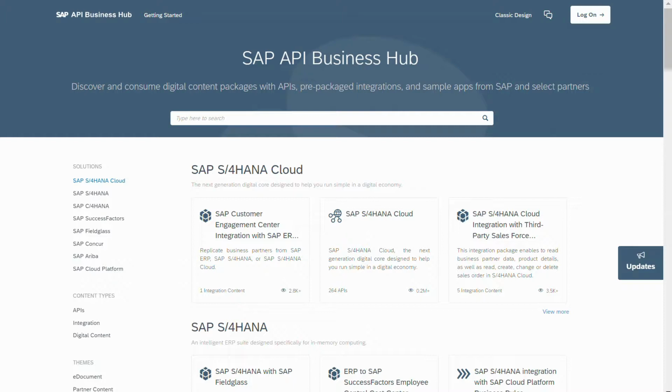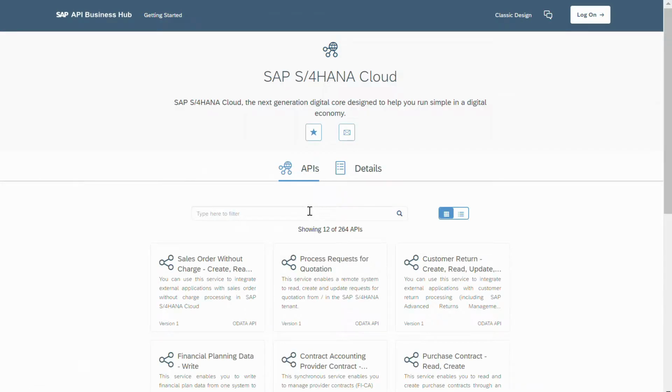So I'm just selecting this particular scenario as a different way of uploading MRP areas, but really I'm trying to show you how easy it is to interact from a third-party app with SAP S/4HANA Cloud, leveraging the APIs that we have. The first thing we do is go to the API hub, at api.sap.com, and in there we select the SAP S/4HANA Cloud package. What we're looking for is the product master API. So we're going to just type product